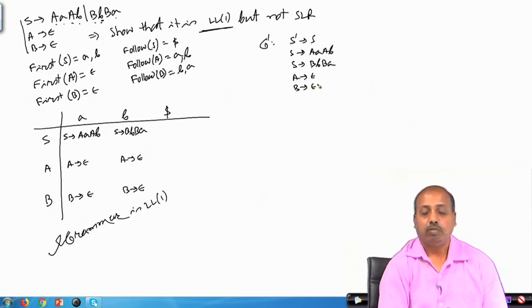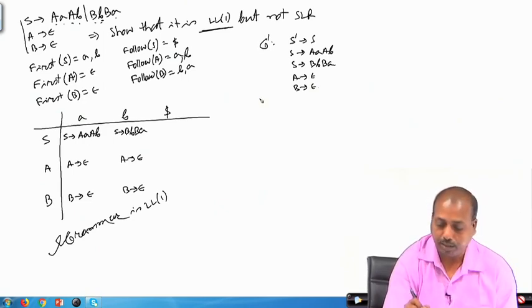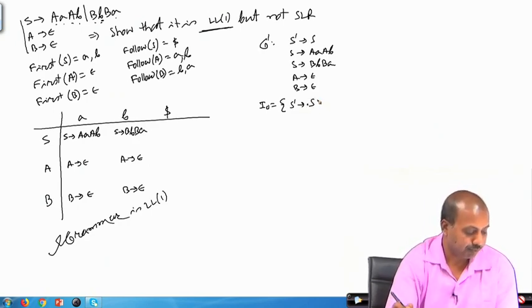After this, we have to set the LR0 items. So, first I0 is constructed as S dash producing dot S, and then